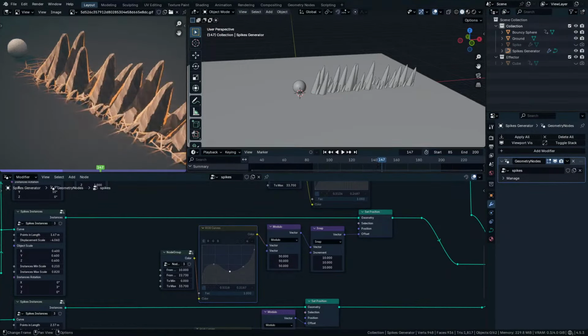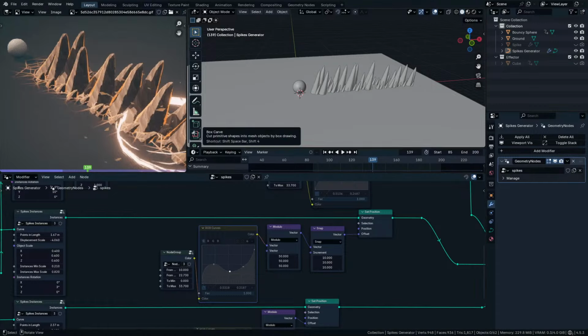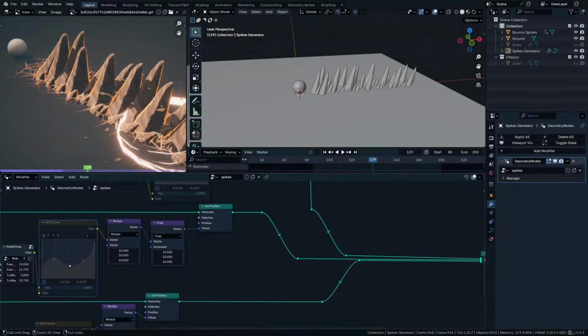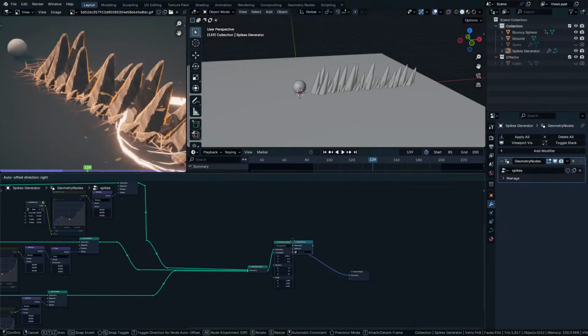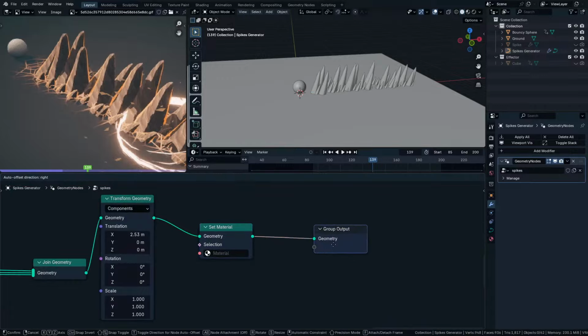Okay, that looks good. Let's try to do this outline. I want to do this outline, and maybe in another stream I can. We are already 2 hours. Maybe that's fine. If more people are watching, want to learn, yeah, that's fine. Okay, so let's add a set material node. Material. Okay, put it right down, and let's select this material,